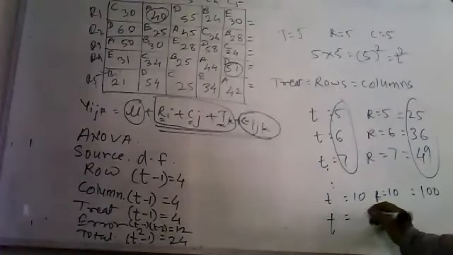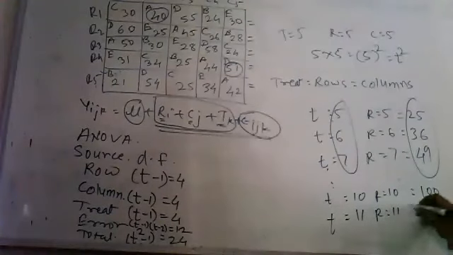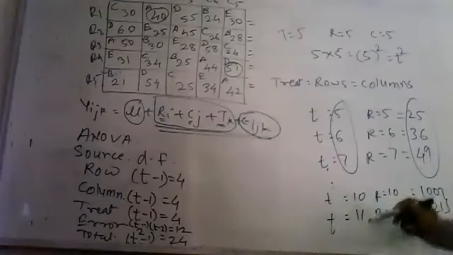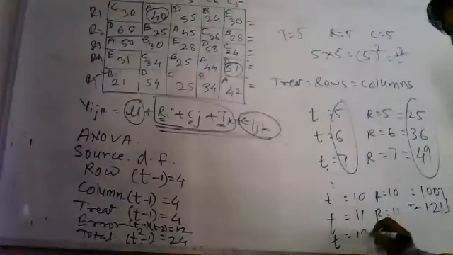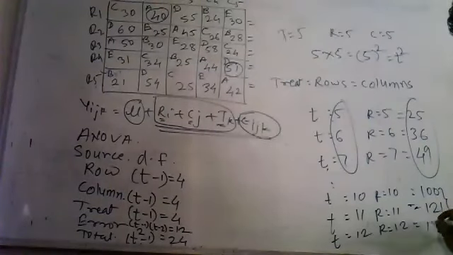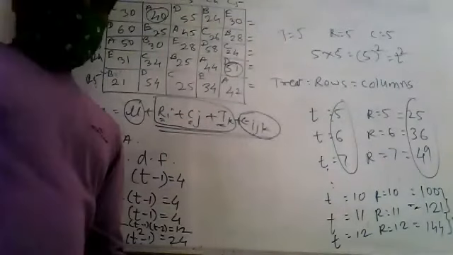If we increase one treatment, then experimental area will increase by 21 units. From 10 to 11, it will go from 100 to 121. If we use 12 treatments, replications will become 12 and area becomes 144 units. So again there is an increase of 23 units. So as we go on increasing the number of treatments, experimental area will be increased.